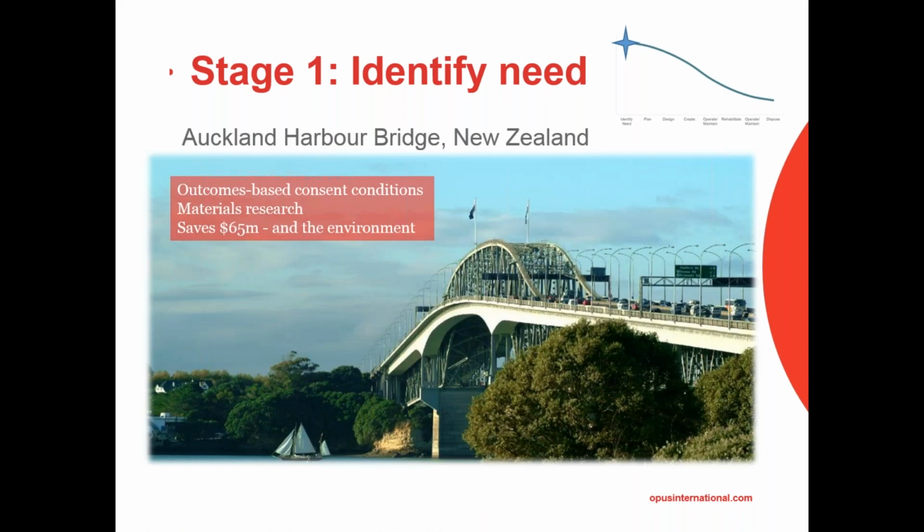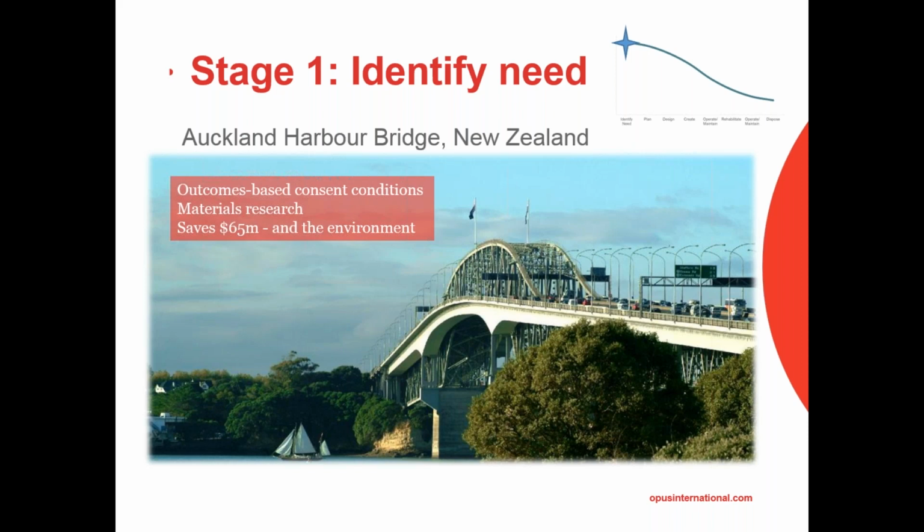And just one more example of how identifying the need, just an alternative way of doing this. The Harbor Bridge in Auckland, the idea was that they had a consent that told them they had to stop dropping zinc into the harbor, which is a pretty fair requirement. So they found that the traditional way of doing that would have meant that they had to put some kind of a cage onto the bridge. Now this cage, to put it onto the bridge, would have meant they would have had to strengthen the bridge substantially. That would have cost them $65 million just to build this structure in the first place,